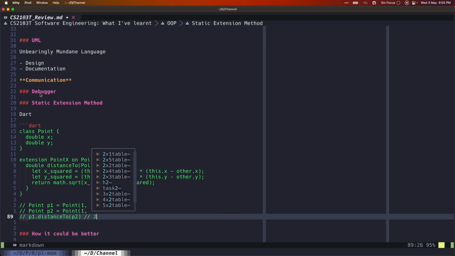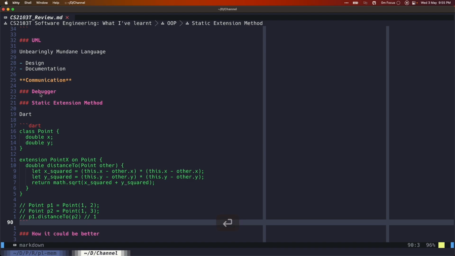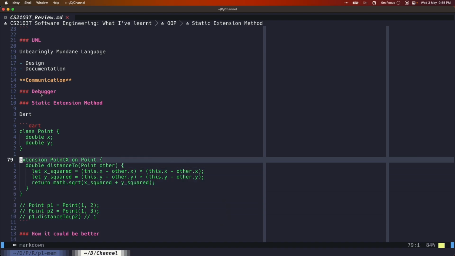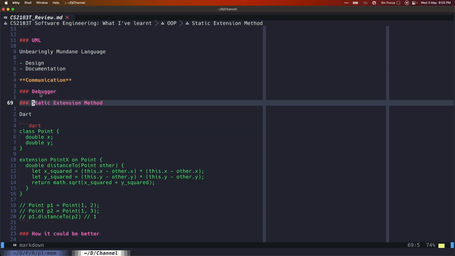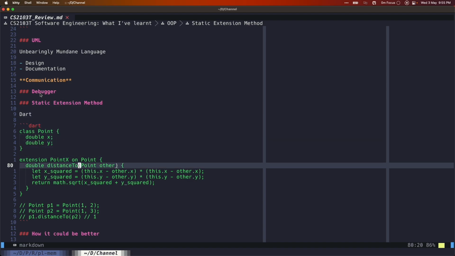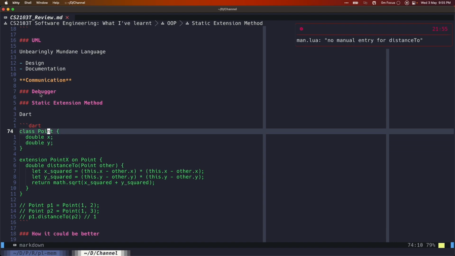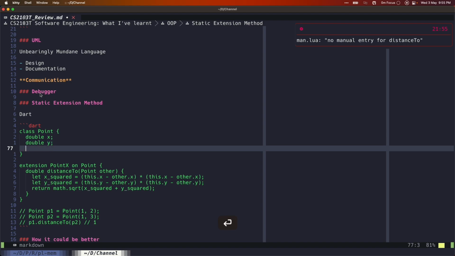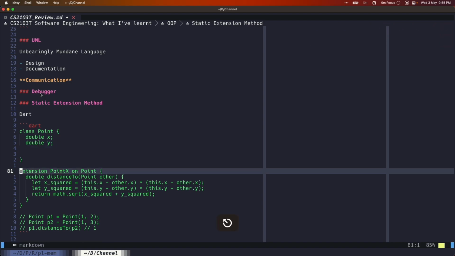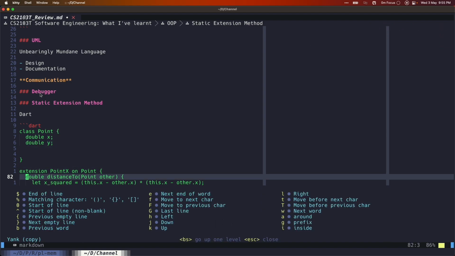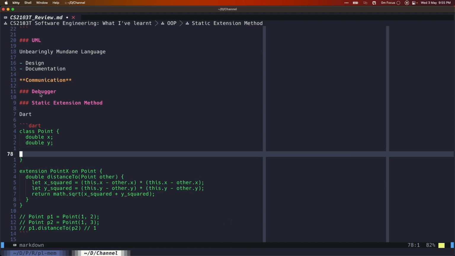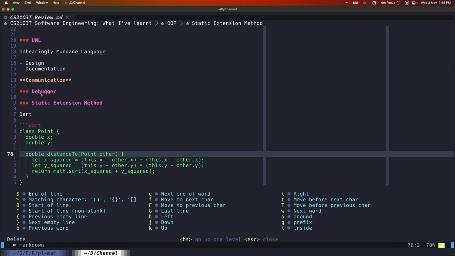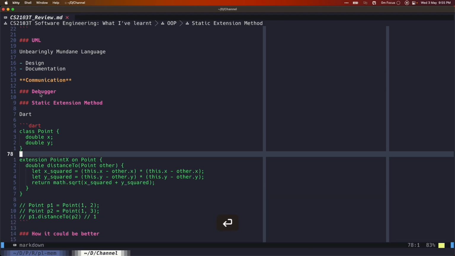and it will basically return you 1, right? This is the static extension. Basically, using static extension methods, you can add this distanceTo method to the Point class as if it were defined in the class itself, as if you didn't have this and you have this over here, but this is what we call static extension